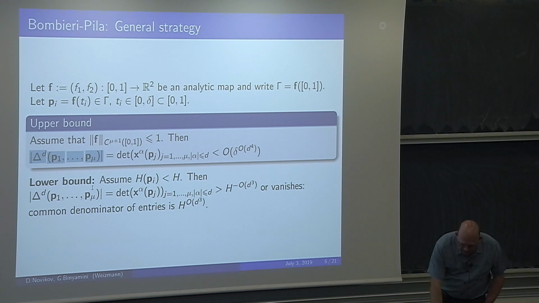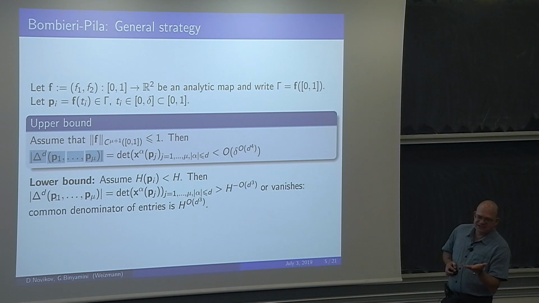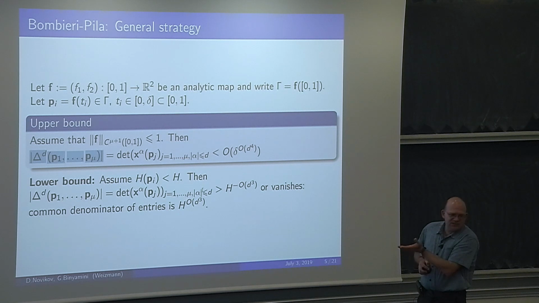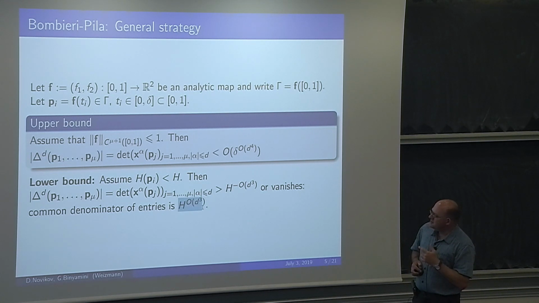which just follows from, it doesn't need anything. You have just a square matrix, and you know that the entries of this matrix are rational numbers, and you know their denominators. Their denominators are at most h to the power d. And so you just compute the denominator, and you get that your determinant is a rational number with a denominator at most something. And this is the main idea of the theory: if you have a rational number with denominator at most this, then it is either 0 or at least this